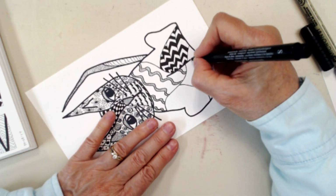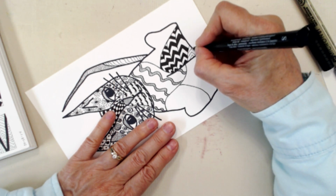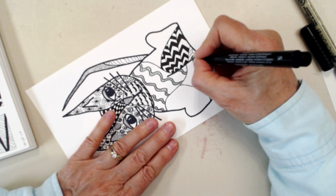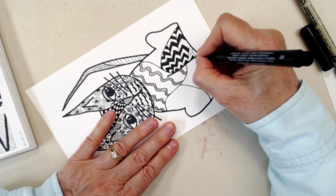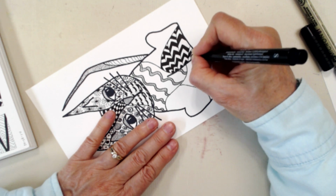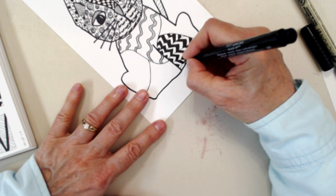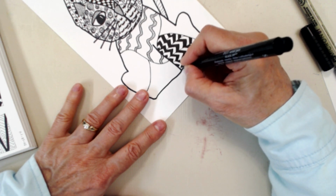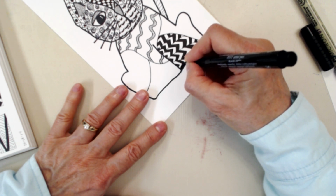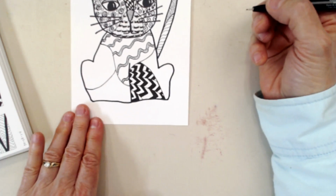Okay, we're almost done with this section. It looks pretty cool, I have to say. It's not too bad. You do go through a lot of black pens if you really get into doing this kind of black and white pattern work. You certainly can do it with other colors, but